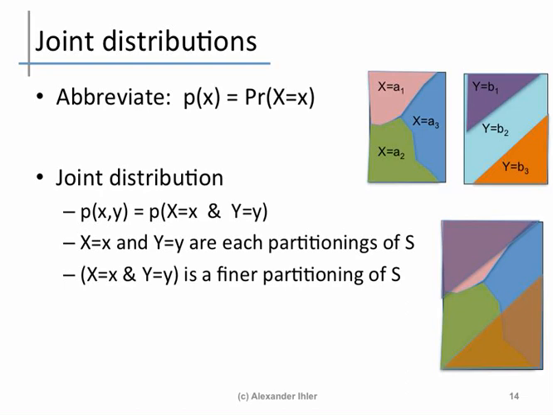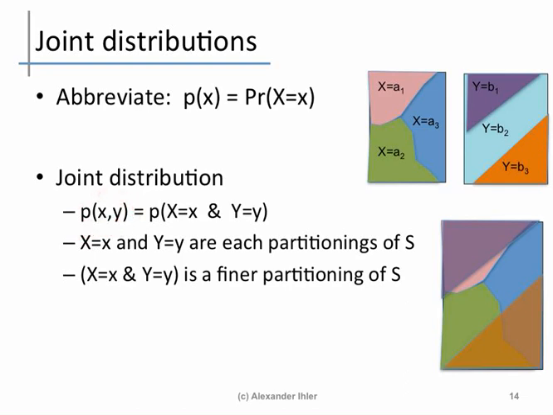So random variable x partitions the space into the outcomes where it takes on value 1, value 2, or value 3. A different random variable y might partition the space into areas where it takes on values b1, b2, and b3. And so the joint distribution is a probability distribution over x and y together,